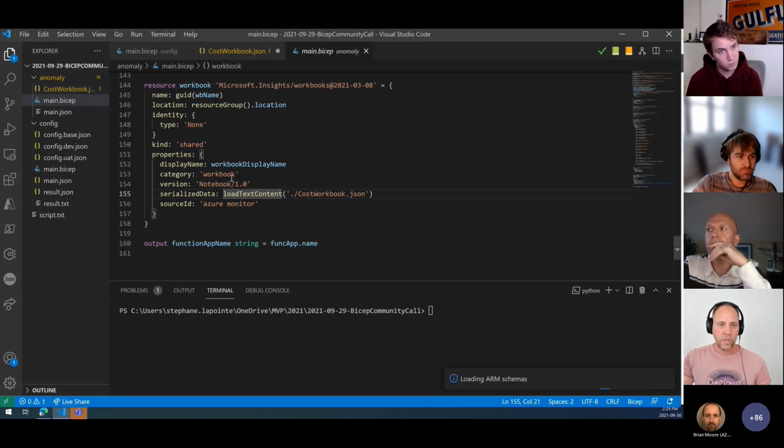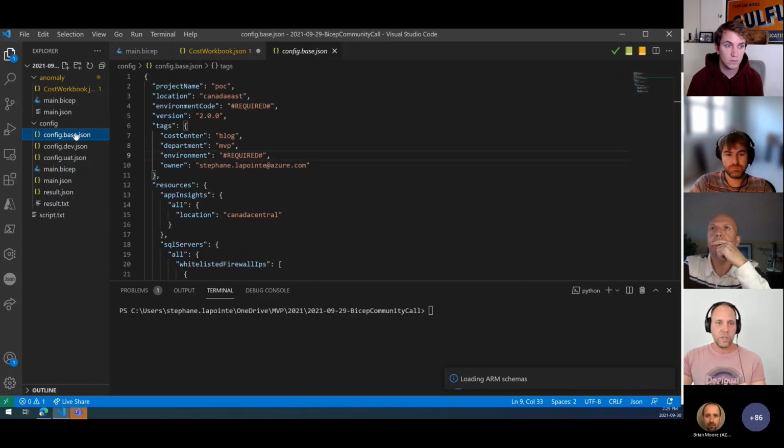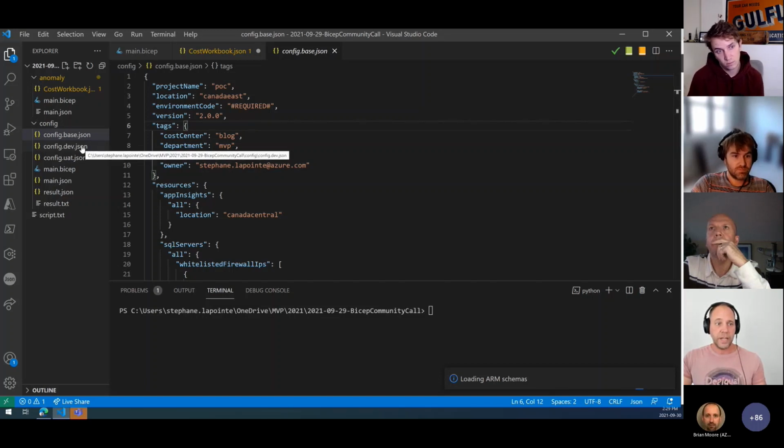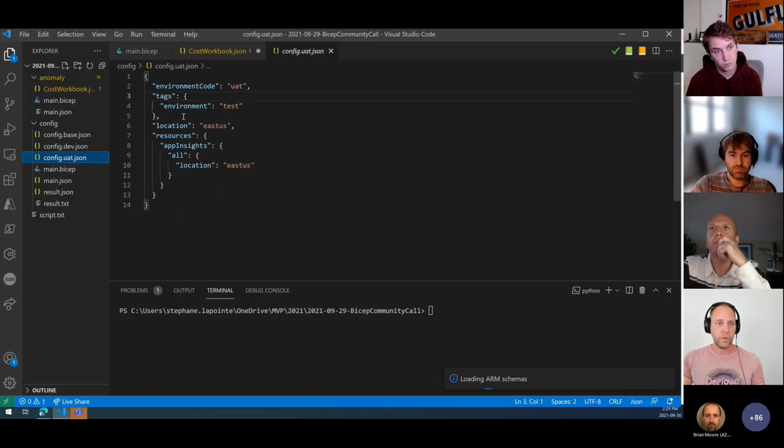And so this is one thing that load context enables me to do: to load a JSON file, and basically any file that contains text. This was to load the raw JSON in it. One other example that I usually do is maybe keep a small base configuration in my solutions. So maybe I have a project name, location, tags that will change from environment to environment. And I want to override that when I'm in development, when I'm in UAT, for example.